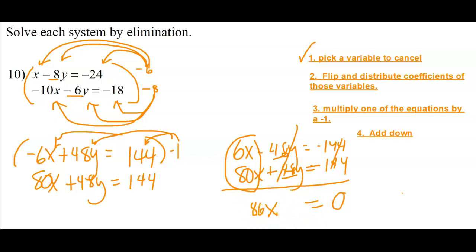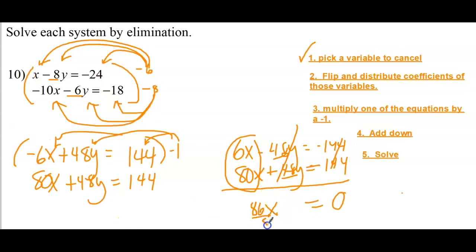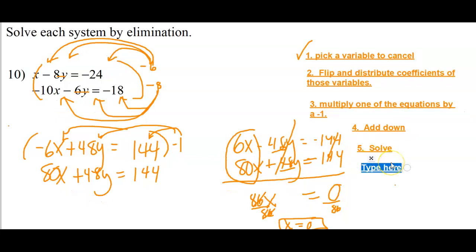And then finally, after that, you're going to solve for the other variable. So at this point, we solve. Now, to solve this, all you would have to do is divide by 86. And I get x equals 0, because 0 divided by anything is 0. When you're all done doing that, step 6 is to plug in your answer to one of the original equations